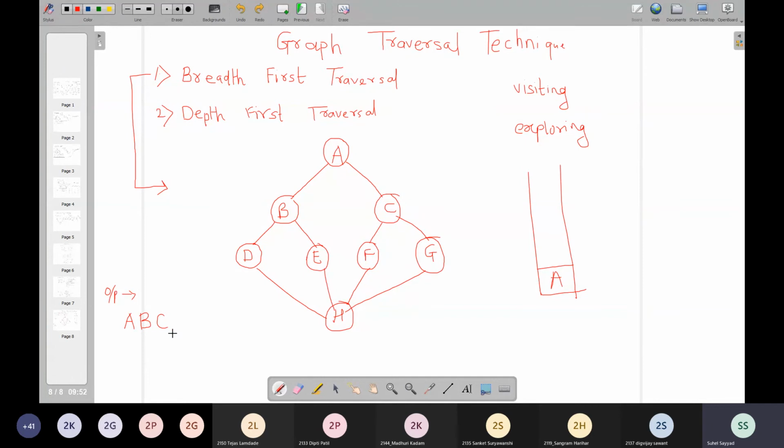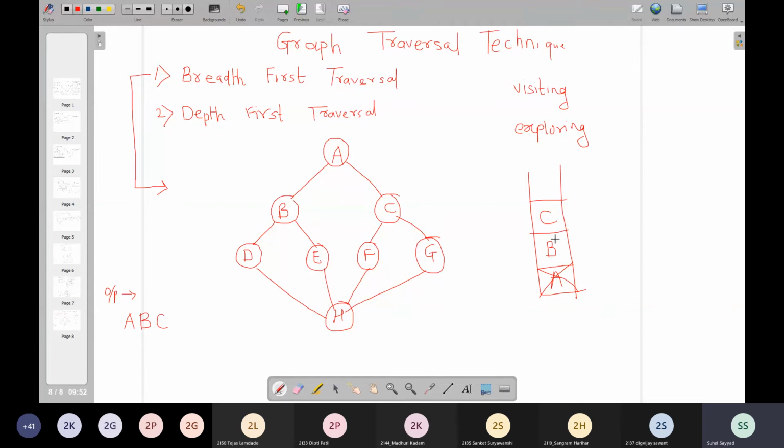But are B and C explored? No, B and C are not yet explored, so I'll add them over here also. But now A is explored, because B and C are visited.